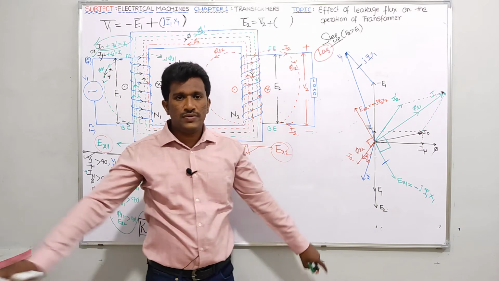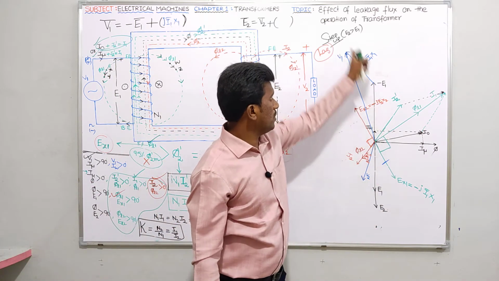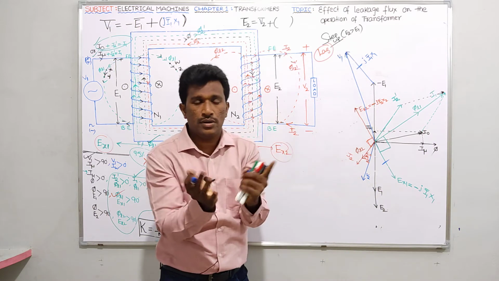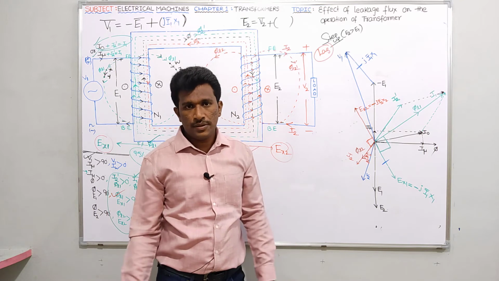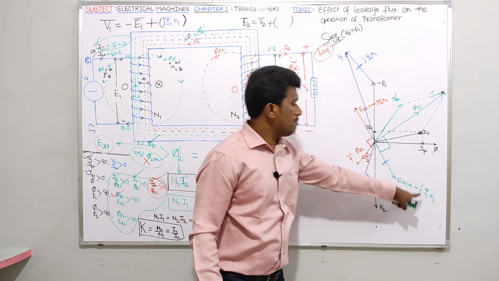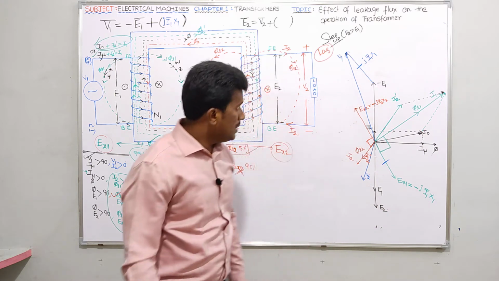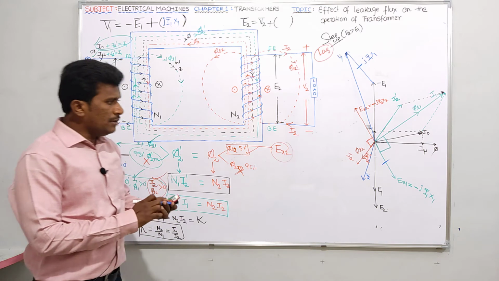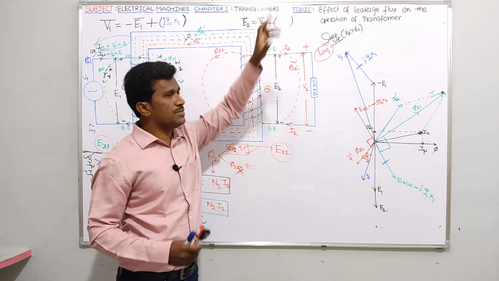There is nothing to confuse, very simple. It is like this. You should induce EMF out of phase with this vector and same magnitude. If magnitudes are same and they are out of phase, they will cancel each other. So minus becomes plus j, same magnitude I said, I1 bar x1, here also I1 bar x1. That's it. Similarly guys, tell me in secondary side also, E2 bar equals V2 bar plus something is there.